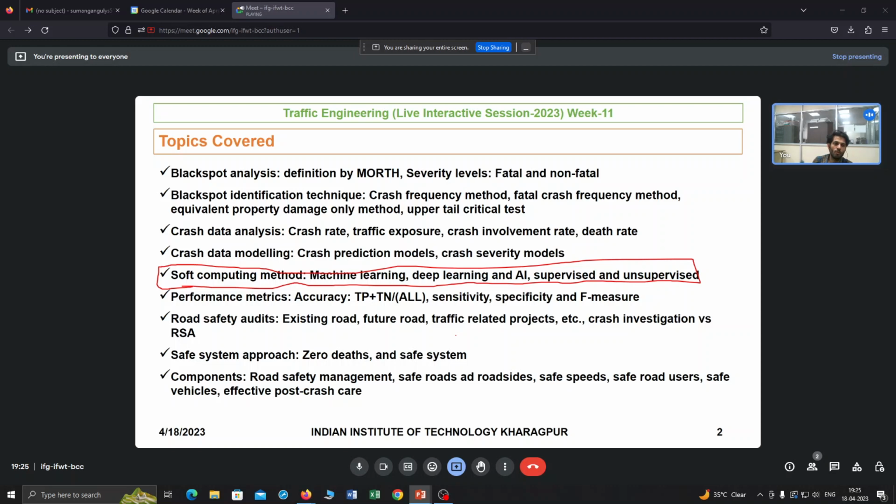If you want to ask anything regarding this road safety module, second part, and if not, then we shall close it for today, and the next will be the last session for this traffic engineering 3 months NPTEL certification course, and we will only go through